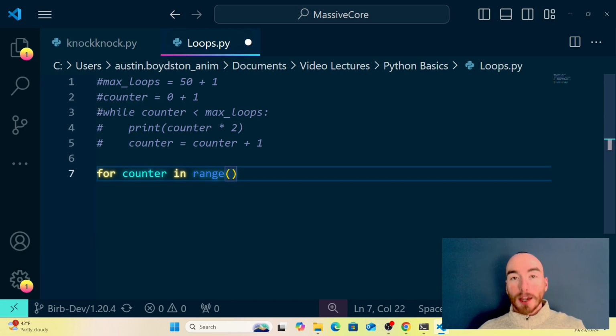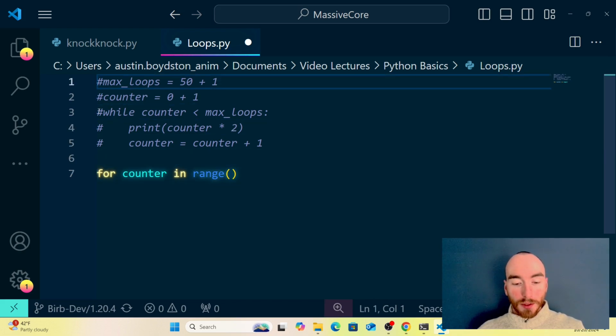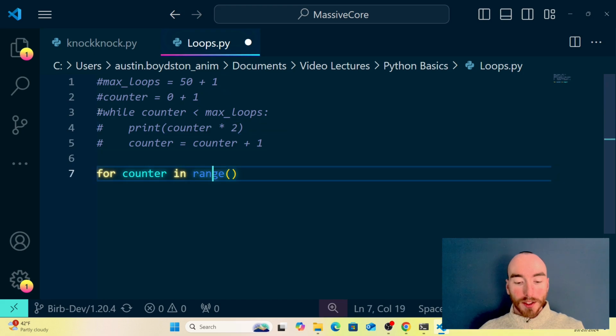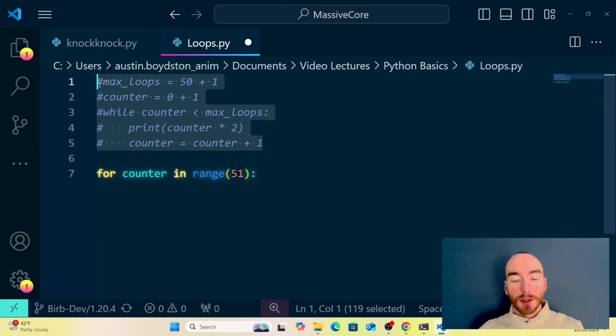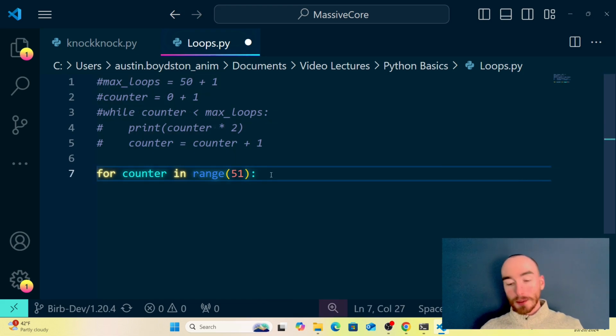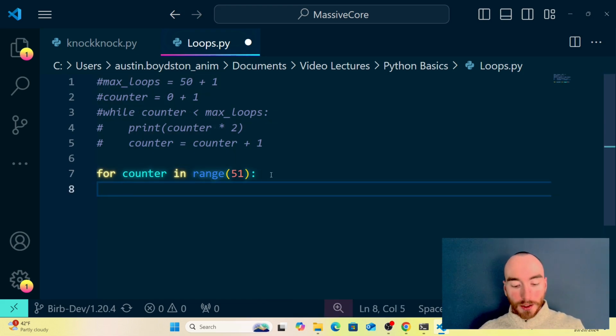And we're going to do the same thing we did for the while loop. We're going to have to shift this over by 1. So I'm going to say 51 here. And unfortunately, the way that we have to trim off 0 in this sequence, we're printing out 2, 4, 6, 8, all the way up to 100. We're not printing out 0. The way that we trim this out is we have to use an if statement, which is going to require a little more typing. So I'll say if